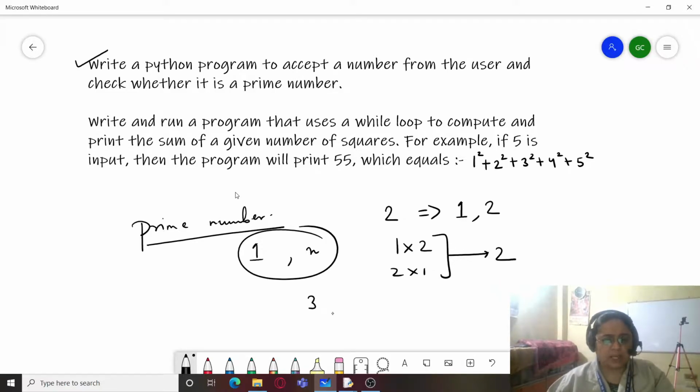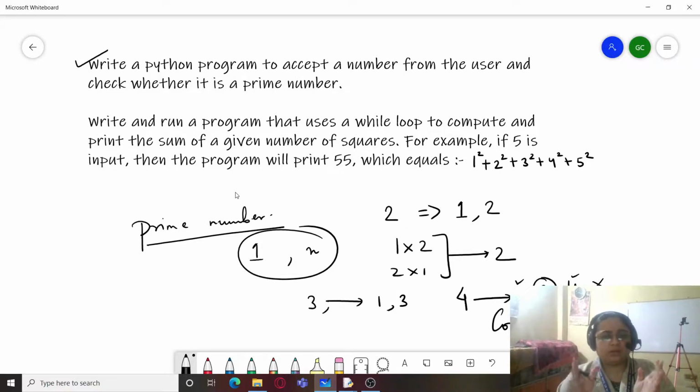Similarly, 3 is a prime number because there are only two factors of 3, 1 and 3. And if I talk about 4, 1 is a factor, 2 is a factor, and 4 is also a factor. So the number itself and 1 are both there, but along with that there is an additional number. Hence this is not a prime number. It is a composite number.